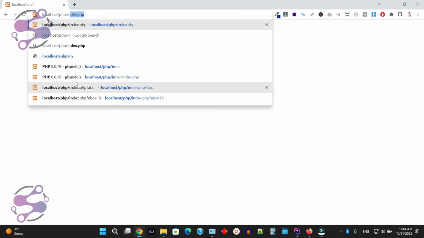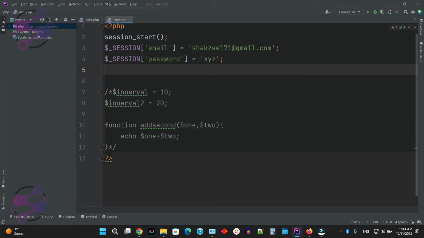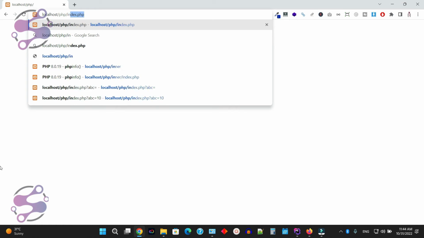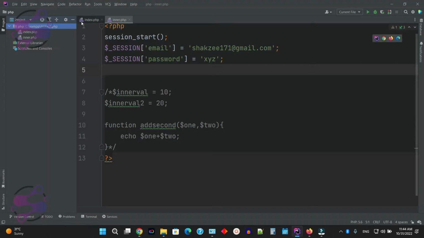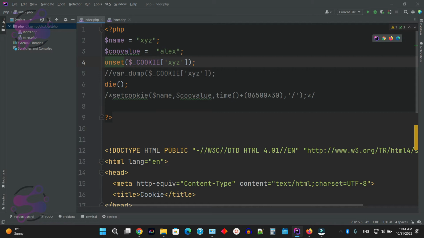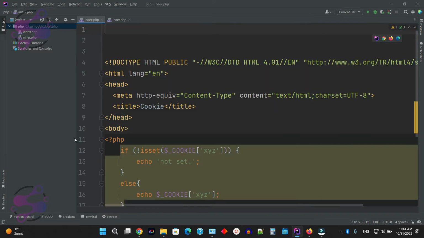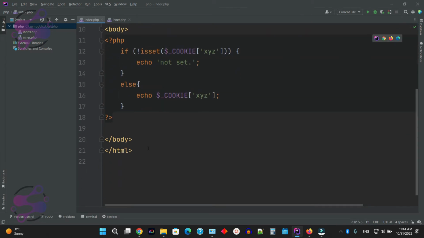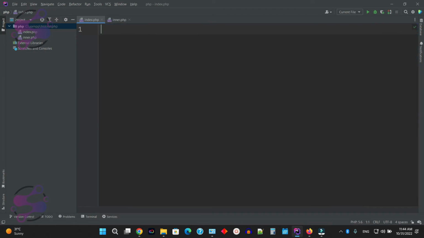I'm saying in the PHP, I have the inner.php file. So you have just stored the data in the session. So how can you fetch that particular data? Let's discuss the index.php. So this is the index.php file. Remove all the data and just use